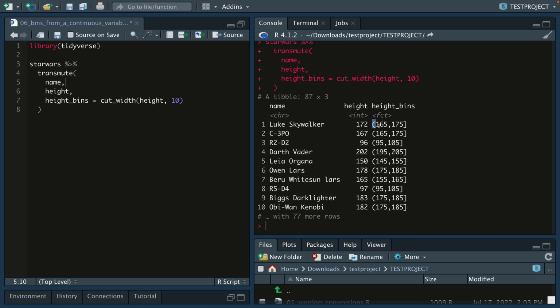The square bracket indicates that this number is included in that set. So the number 165 is included, and the parenthesis indicates that this number is not included here. And we can see that obviously all these heights fit into these bins. It's a simple way to create bins, and now that we know how the technique works, we can use them